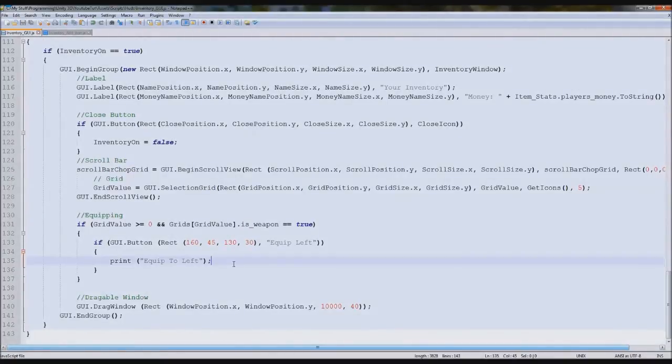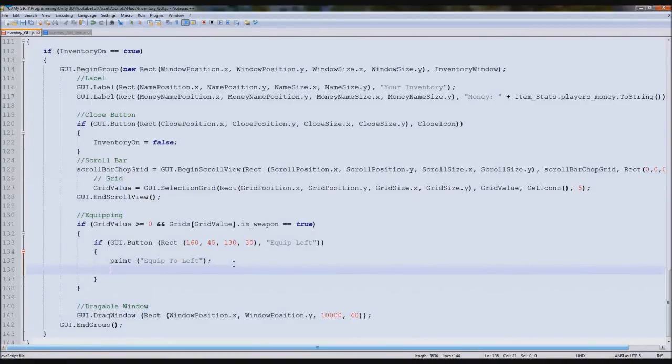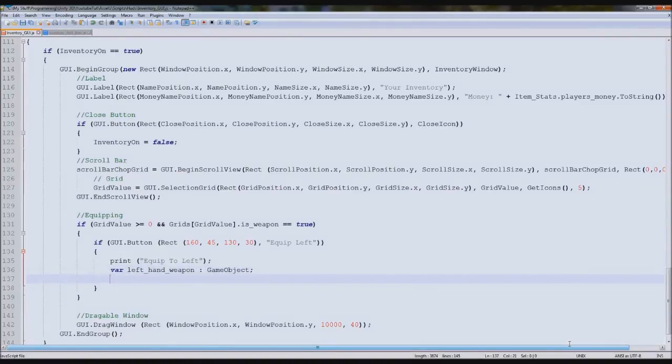And the place we want to do it is right here, so equip to left, enter. We'll only do the left hand for now, we'll do the right hand later. So firstly, we're going to create a variable to store just the left hand. So var left hand weapon, and this will be a game object. Simple as that. And then below, we're going to type left hand weapon equals resources dot load, and before we put load all, and that loaded all the resources inside the folder we set,